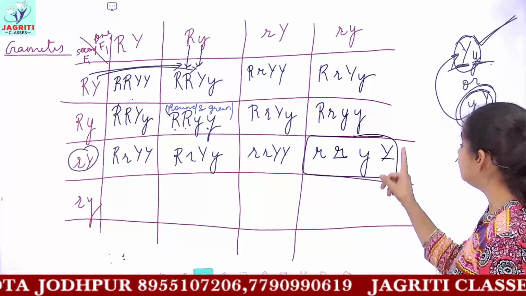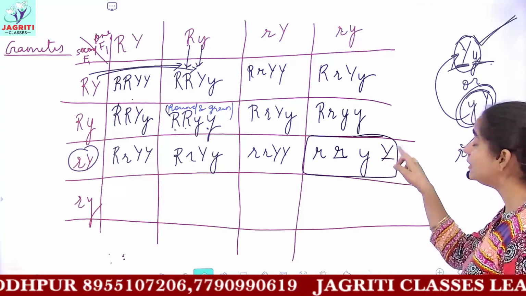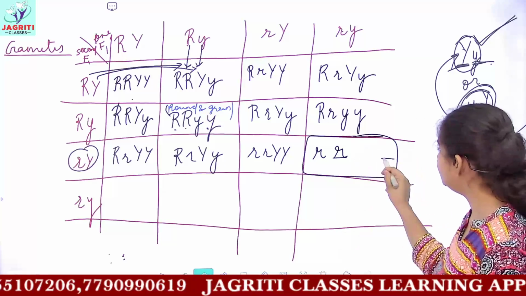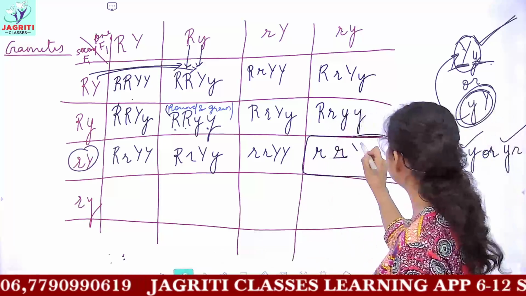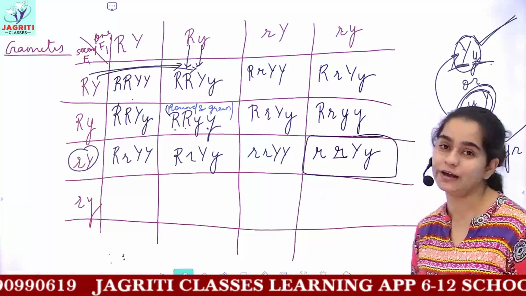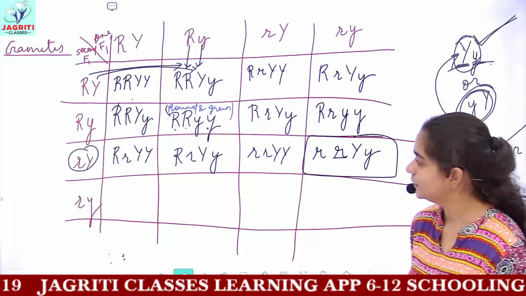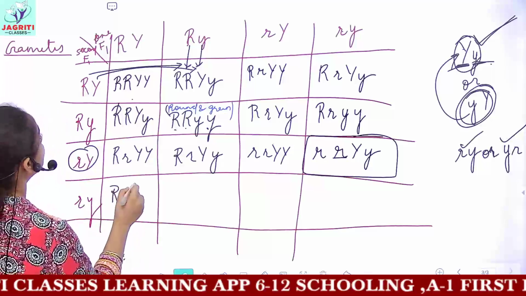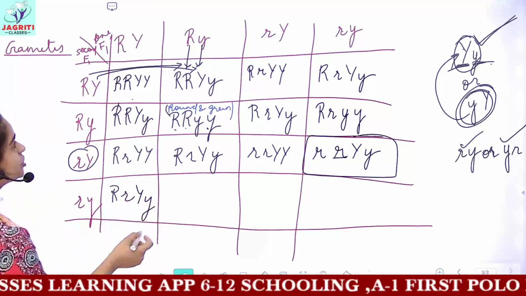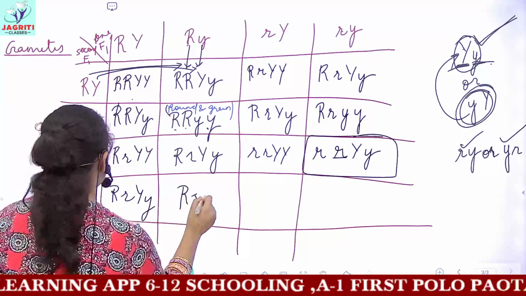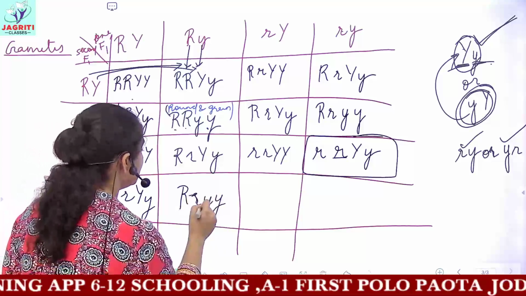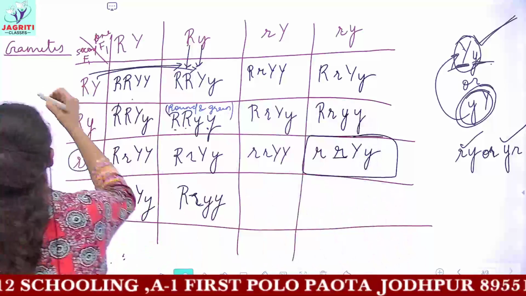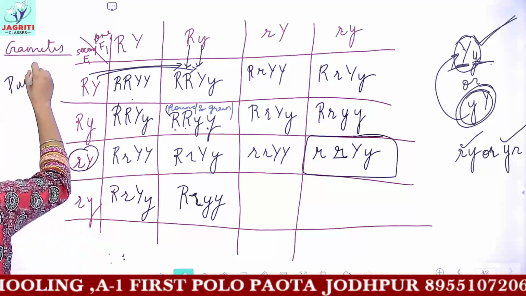But you see, we have written for the color capital Y after the recessive one. So now what we'll do is, we'll write first capital Y followed by small y. This would be the correct way. And coming on to the last row, this gives you the following genotypes. Now you can complete the table in this manner. You will be asked to draw this table for dihybrid cross. It is called a Punnett square.